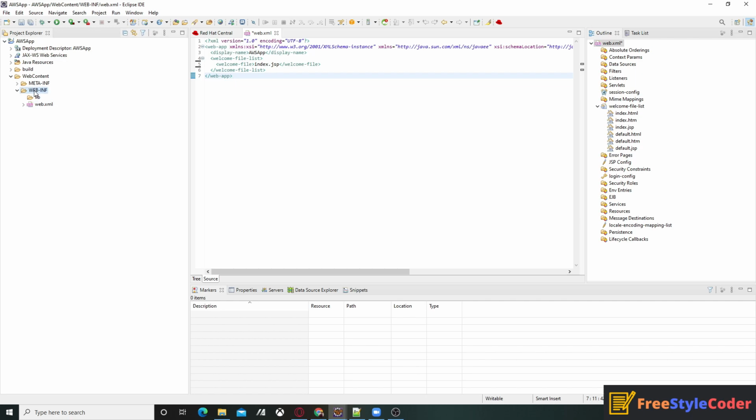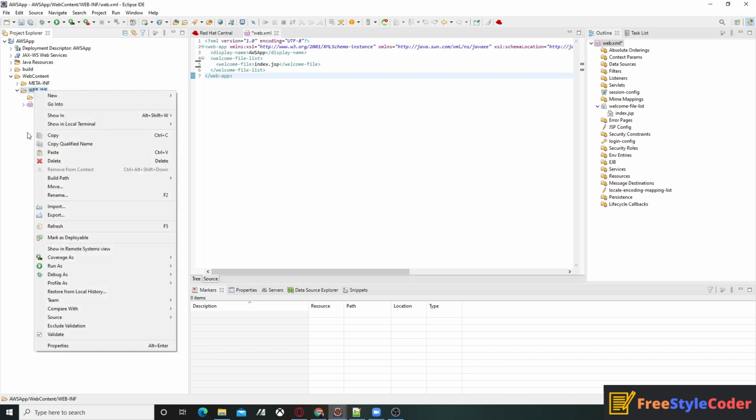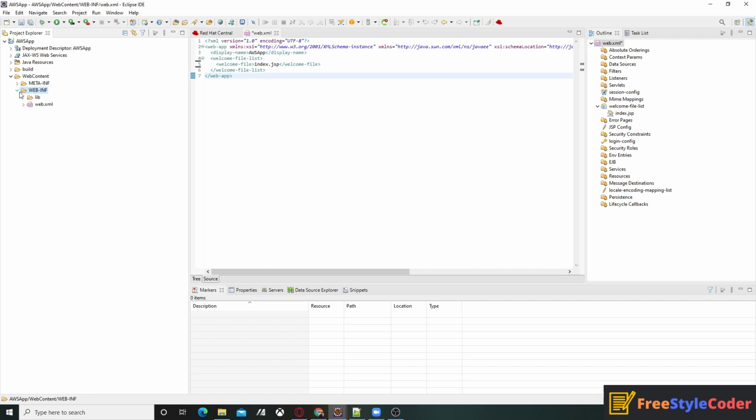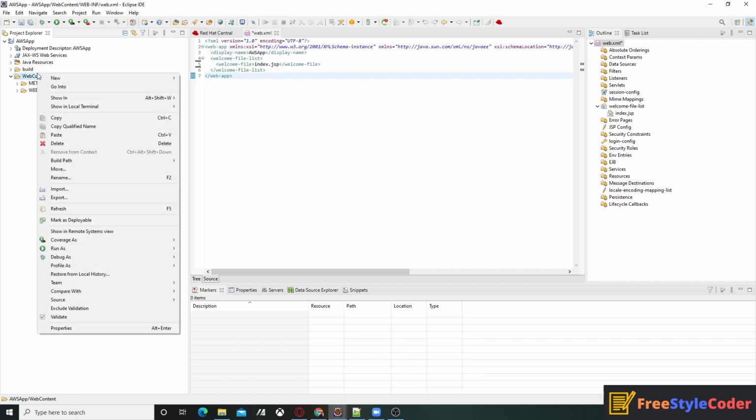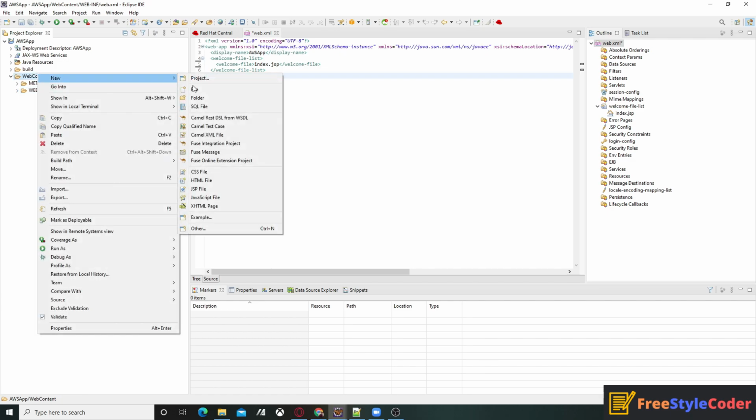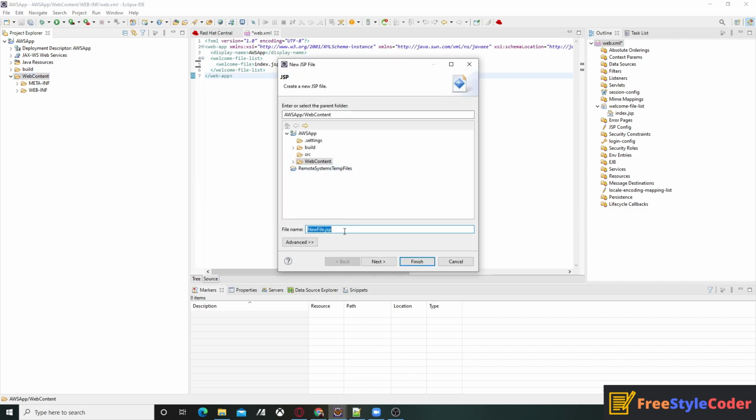Now click on create one index.jsp file into web content folder. Right click on the folder, new JSP file. Give the name index.jsp.